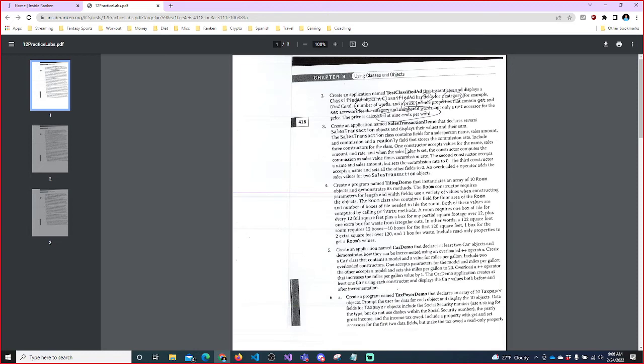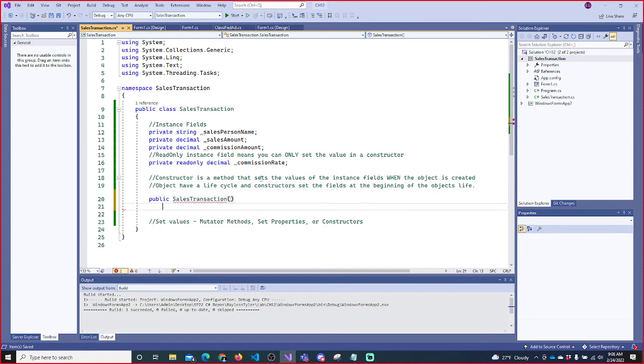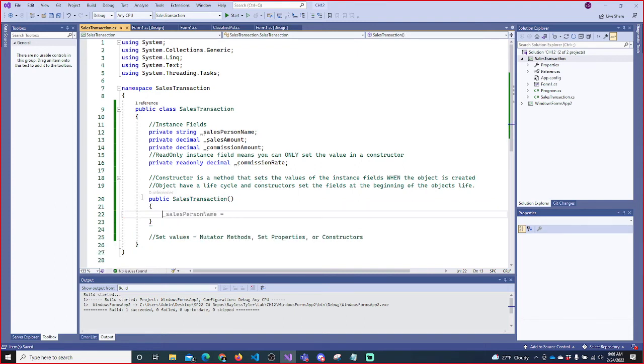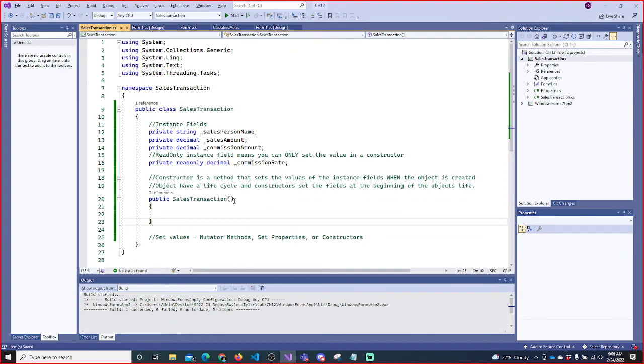Okay. So there's a lot there. So let's just focus on 1 constructor at a time. A constructor is a method with the same name as the class. So this is what's called the default constructor. We're not going to code the default constructor though. This constructor has values for the name, amount, rate. So let's put that in. So string salesperson name, decimal sale amount, comma,